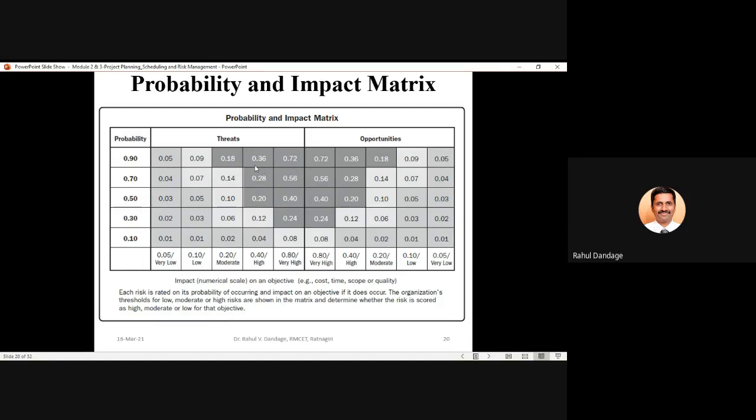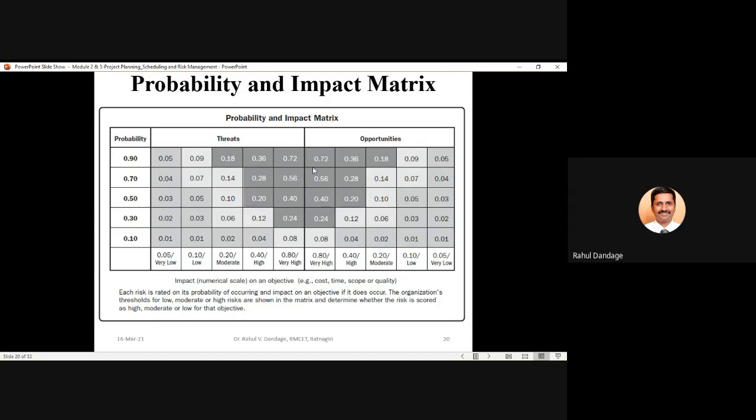If I say 0.36, it is 0.9 multiplied by 0.4, that is 0.36. So likewise, for each cell you are considering, check the column value, check the row value. Row value is given in the first column and column value is given in the last row. So take the product of these column and row values and that gives the effect of risk on project objectives.